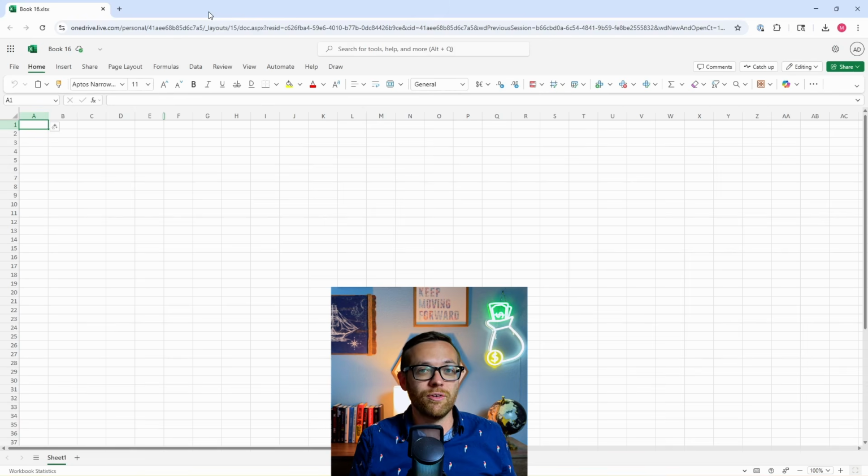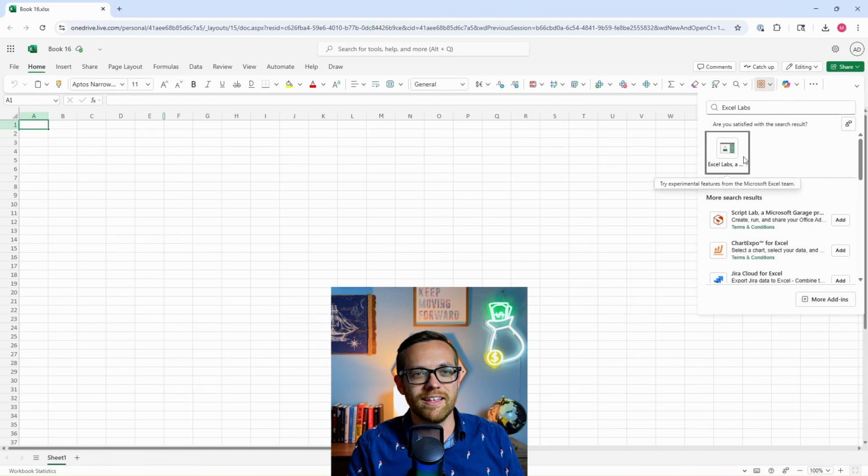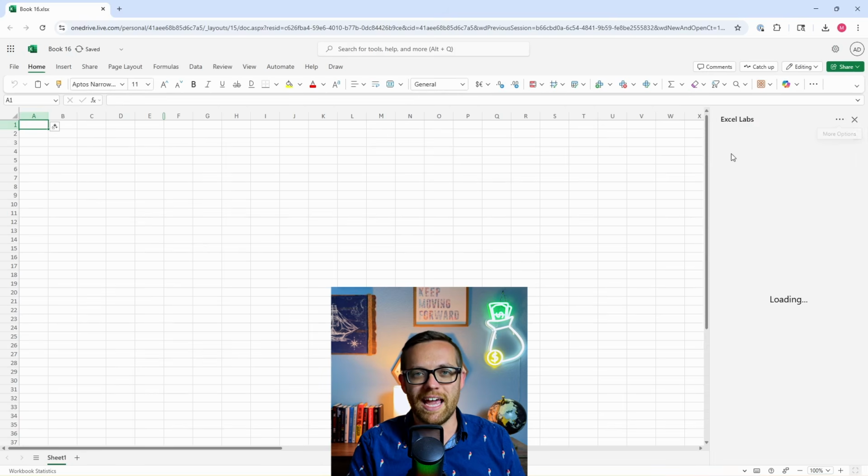Now, I mentioned this is only available in Labs. It's also only available in the cloud-based version of Office 365 at the moment. So make sure that you go into the cloud, not into the desktop app, and then you're going to want to look for this button right here to go to add-ins. So I'm going to click add-ins. Now, I've already got it installed, but what you'll want to do is search for Excel Labs, then a button is going to come up that looks just like this. It'll be down here though. You'll hit add. I'll go ahead and open it up, and then the Excel Labs window is going to open